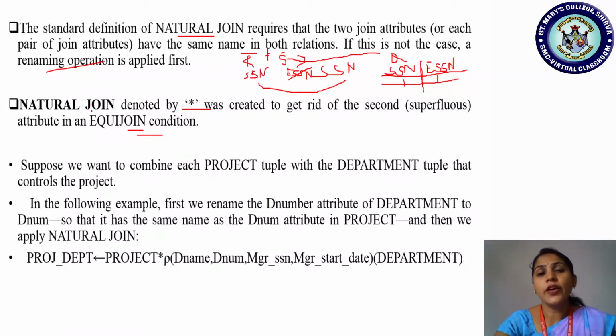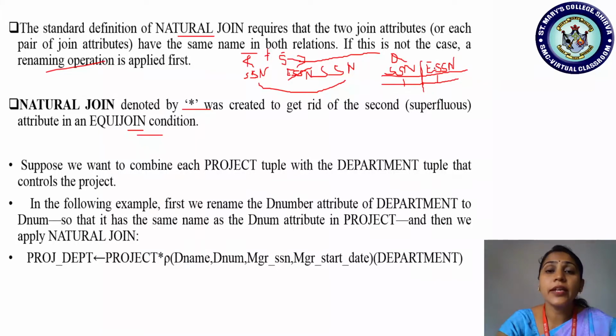Natural join. Okay, so what is the basic feature of natural join? Before we apply natural join, the condition is that on whichever attribute we are applying the join condition, that attribute name in relation R should be equal to the name of the attribute present in the other relation, S. If the attribute names are not matching, then we should make it common by applying which one? Renaming. Is that clear? So after applying renaming, what happens?